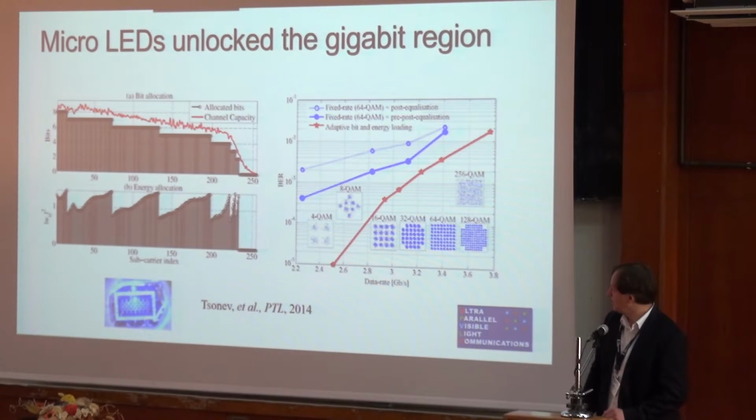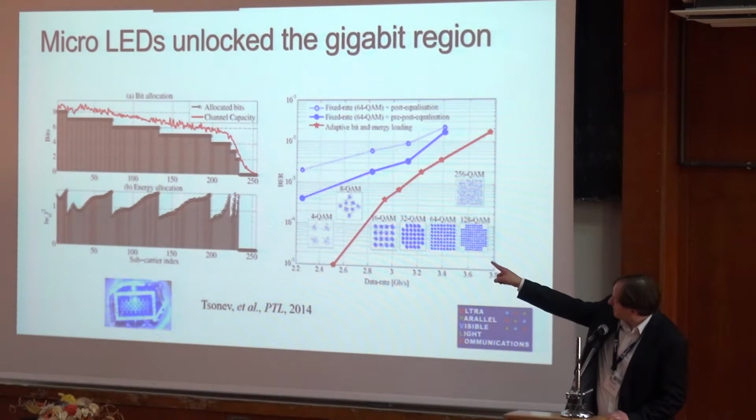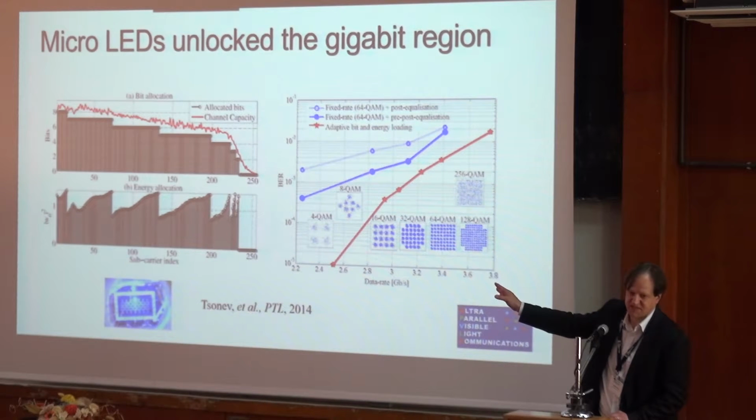In terms of modulation, we can show with a single gallium nitride micro LED, shown here, that we can transmit up to 3.5 gigabit per second with adaptive bit and power loading that you see on the left-hand side. We have the frequency response of the micro LED. The 3 dB bandwidth is about 60 megahertz. But unlike radio, you don't have to comply with spectrum masks. If the cutoff frequency is 30 or 60 megahertz, you don't have to stop transmitting there.